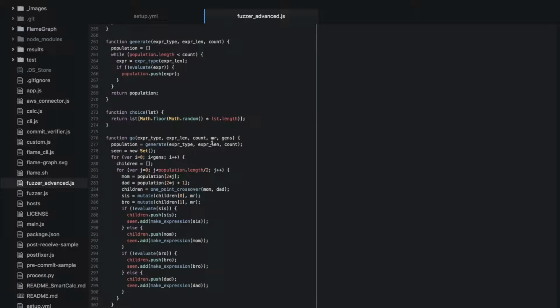You first start off with the genetic algorithm. In the genetic algorithm, you generate a set of unique test cases. These test cases are all failed test cases. You then evolve these test cases using a standard mutation strategy. Two members of the population are picked at random and a single point crossover is performed. So in a single point crossover, half of the first parent and half of the second parent is combined to